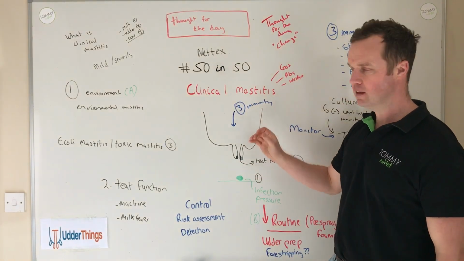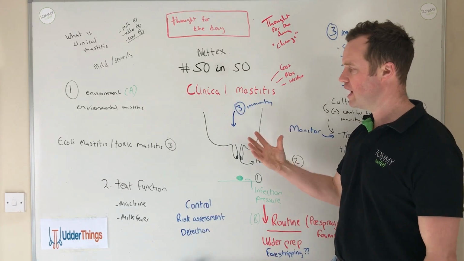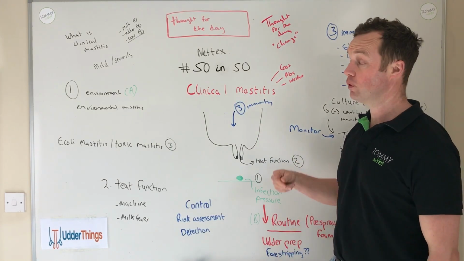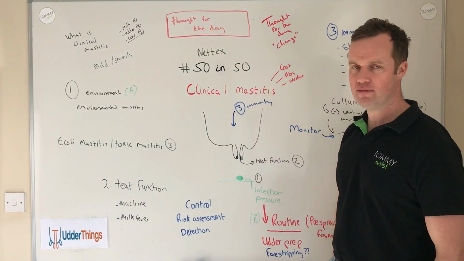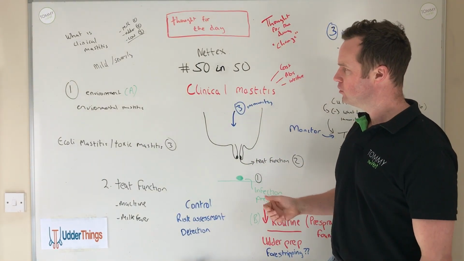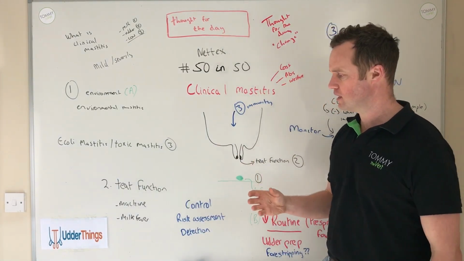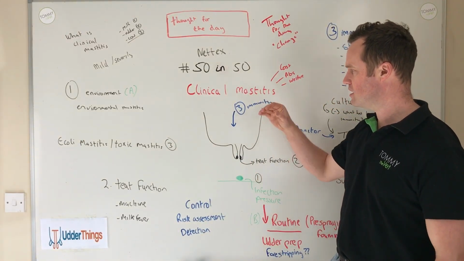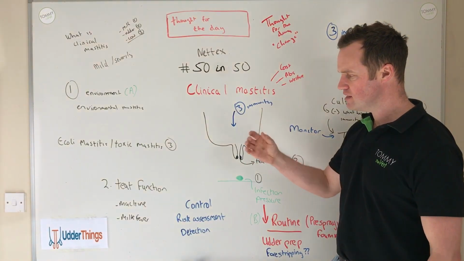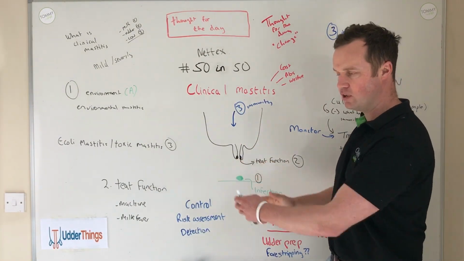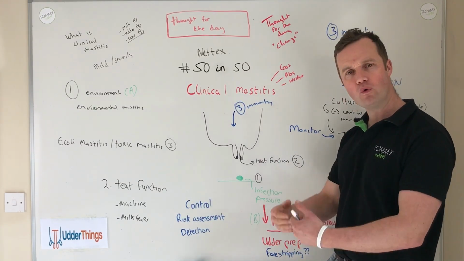So immunity is key. Most bacteria get in there, and a healthy immune system will control them. We won't see anything, we won't know that anything's happened inside that udder. But if you have any compromise in any of these 3 levels, you can have real problems. So I have a training program where I look at all types of clinical mastitis, and really it's about risk assessing each of the steps for the various types of mastitis. It's things outside the udder, particularly with clinical mastitis, that you look at step by step and how you can make improvements,